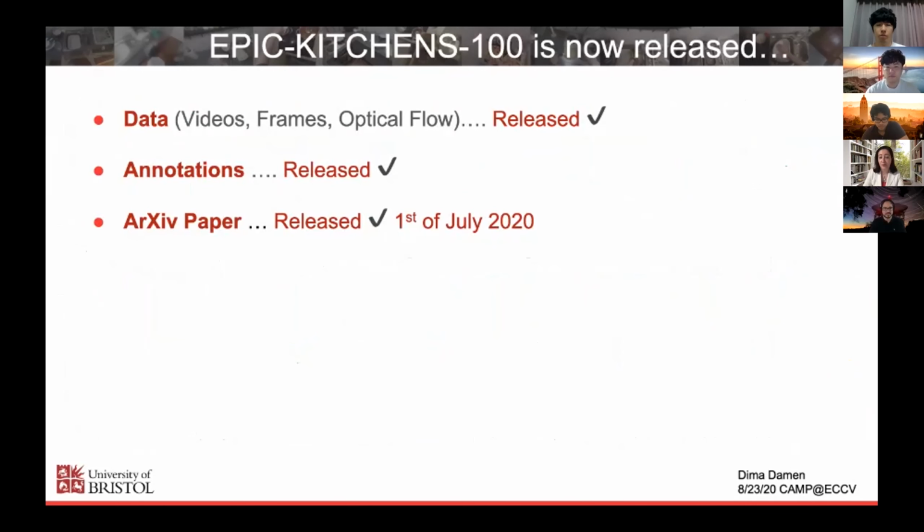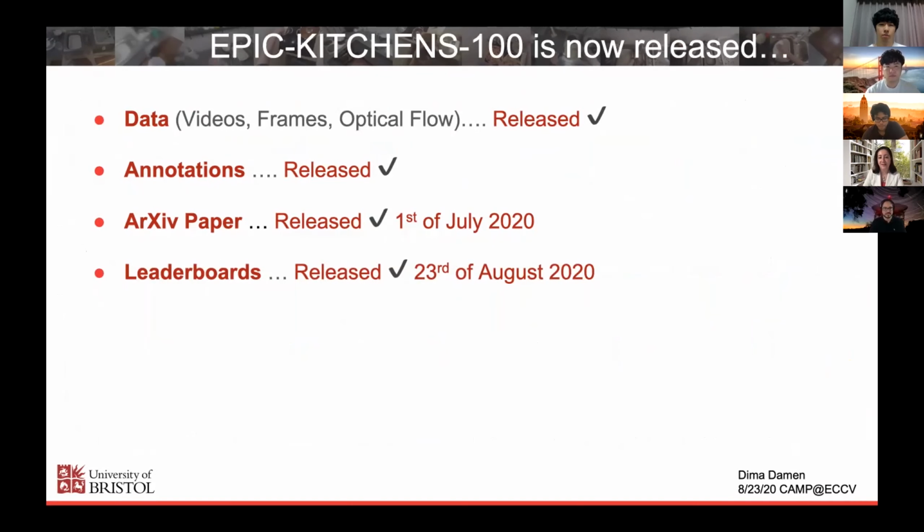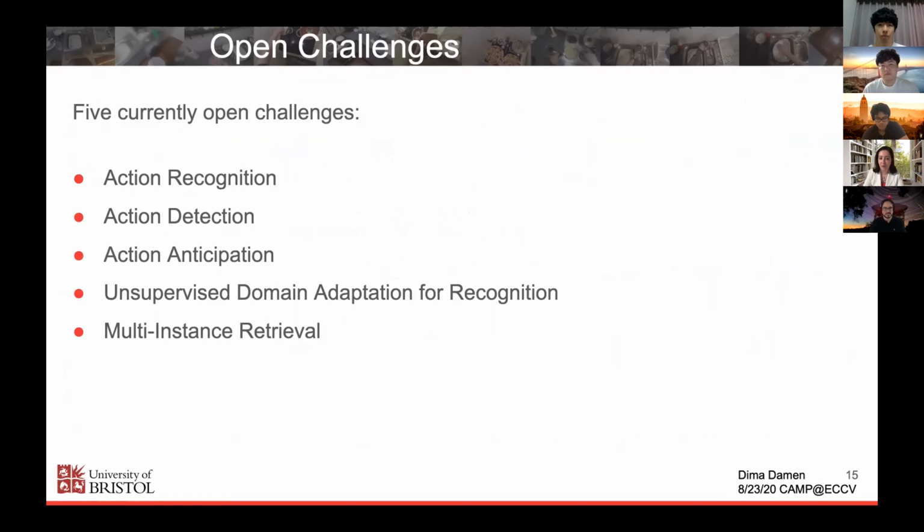On the 1st of July, this was released, Epic Kitchens 100, the data, the annotations, and an archive paper describing the extension. And actually this morning in the Epic workshop, we released the leaderboards for 5 challenges associated with the dataset. So these are action recognition, detection, anticipation. We have a new challenge on unsupervised domain adaptation for recognition, and also multi-instance retrieval. I'm not going to tell you a lot more about the dataset, so you can look at Epic Kitchen's website,